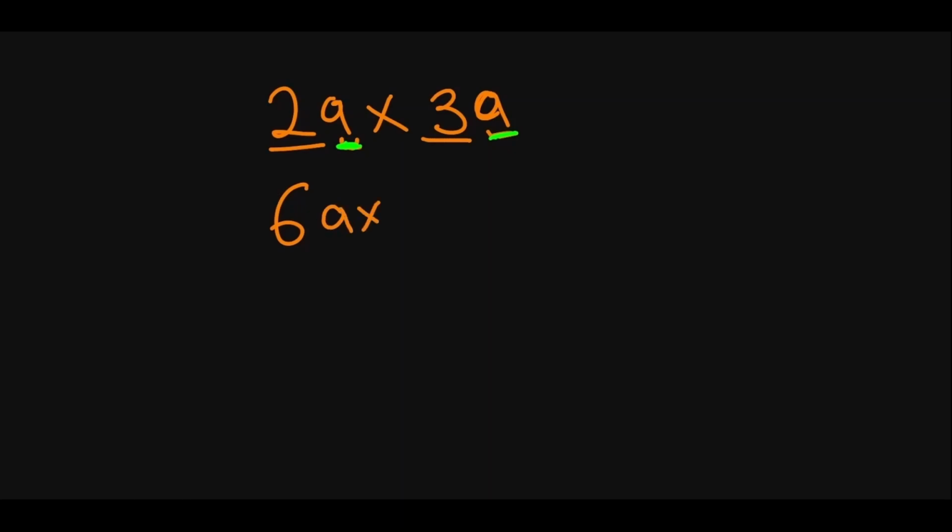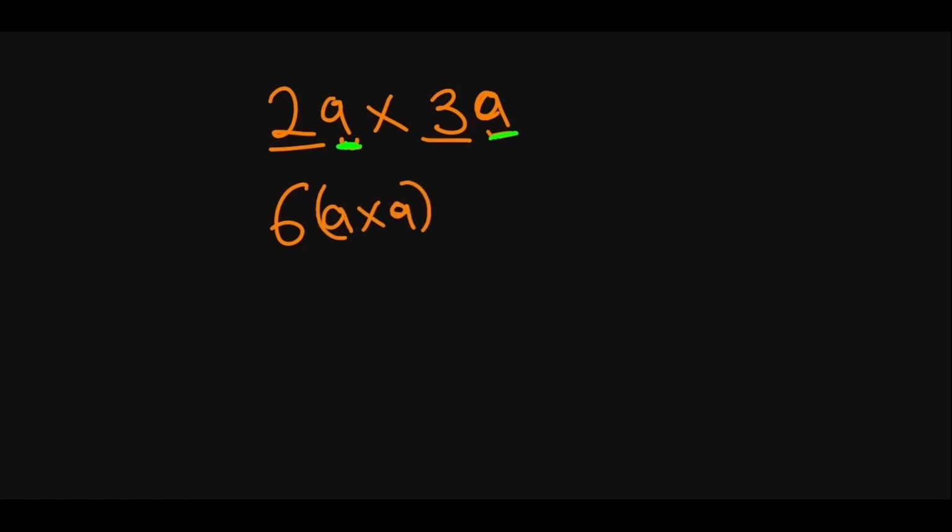Let's start by looking at multiplication. So say we have 2a times 3a. How do we multiply this? Just like in addition and subtraction, the numbers are multiplied first. So 2 times 3, 6. But unlike addition and subtraction, you don't take just one of the variables. You have to take both of them. That's the key difference between addition and subtraction and multiplication and division. So to take both of them means that it will be 6a times a.